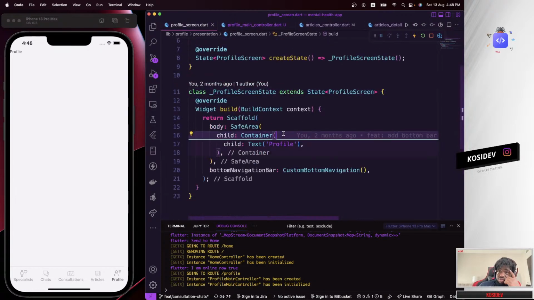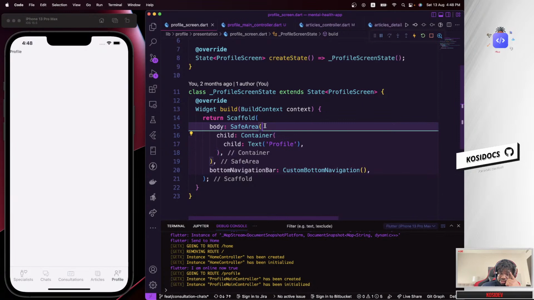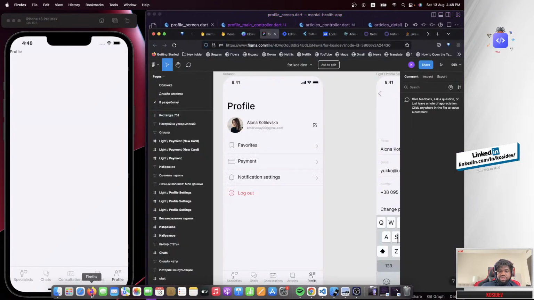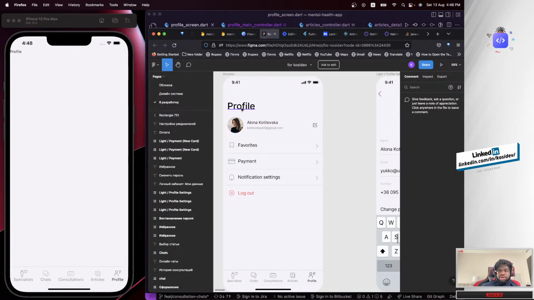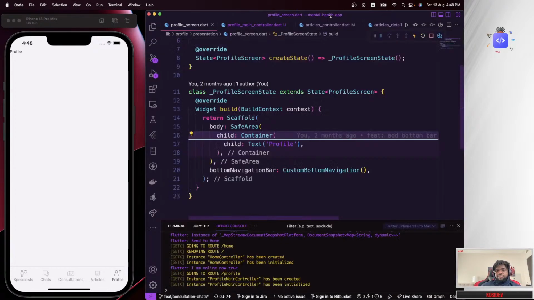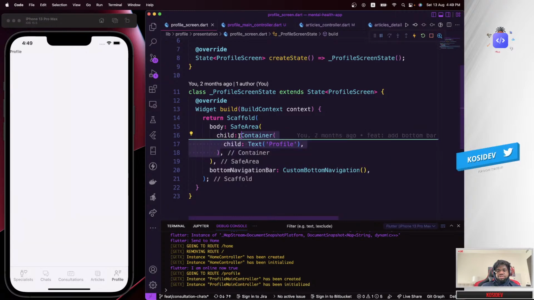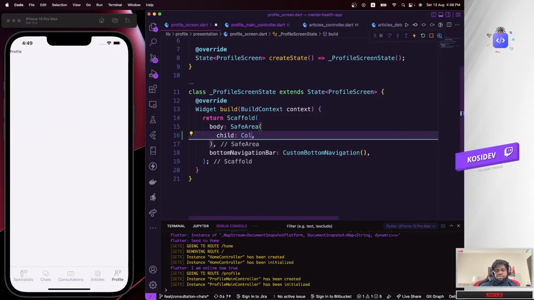So first we don't need this safe area, we don't need a container. Basically we are going to replace the container with a column, because if you look at our design, it is basically a column, and we have the profile underneath it. You have this underneath it, you have this, so it looks like a column one after the other. That's a vertical column. I think the horizontal one is basically called row. So remove this, basically delete the whole code and replace that with